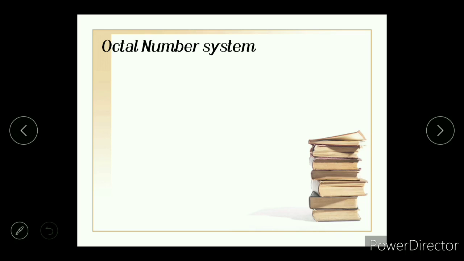As you already know, binary has only 2 bits. They are not enough to represent all characters, and hence the computer requires longer strings of 1 and 0 to represent any symbol. For example, when you type A on your keyboard, the computer does not understand A. It understands only 0 and 1. So it will convert A to a binary string, let us say 0, 1, 0, 0, 0, 0, 1. This is the binary form of A.